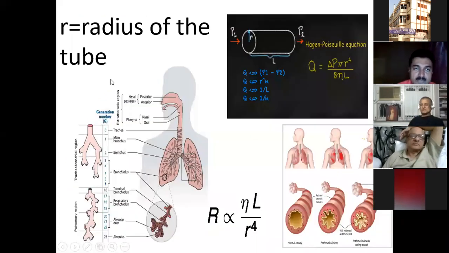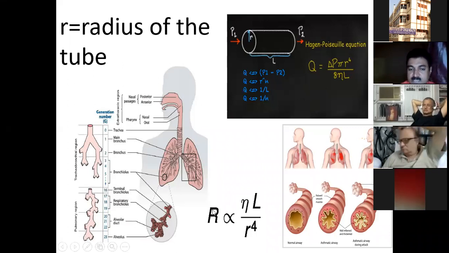Now, coming to the radius of the tube. The common example here is bronchial asthma. In bronchial asthma, what happens? We all know that the effective radius or effective diameter is reduced due to the inflammation as well as mucus secretion as well as neurogenic spasm. So 2 things happen. The effective radius or effective diameter is reduced, so flow is reduced. And next is resistance. Resistance is also increased. Resistance is inversely proportional to the 4th power of radius. So a minimal reduction in radius will increase the resistance 16 times.